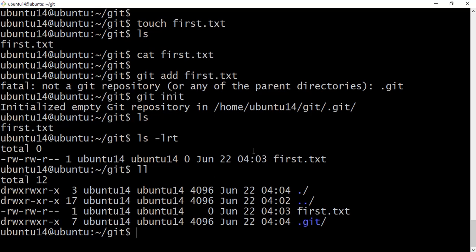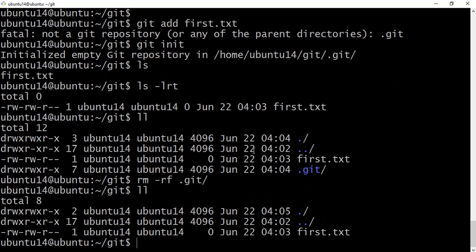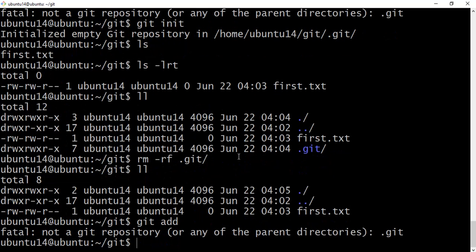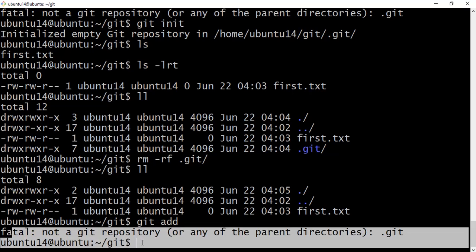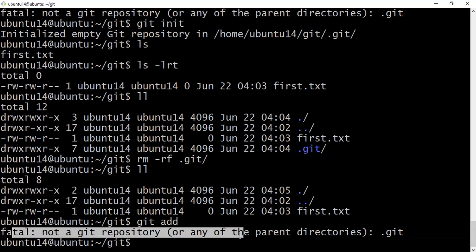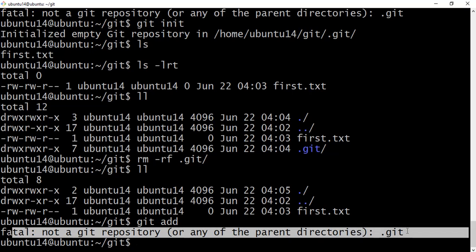If you want to remove .git, run rm -rf .git, and now the .git folder is deleted. Now if you run git add, we get the same error again: not a git repository or any of the parent directories .git.